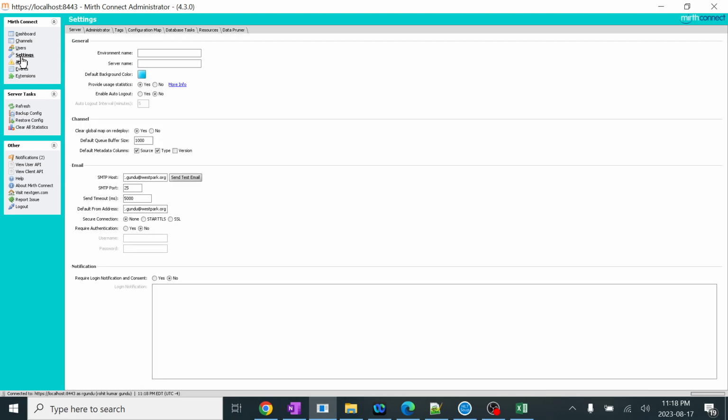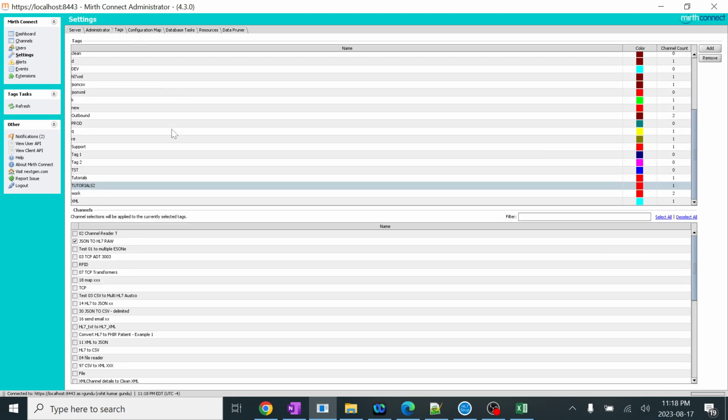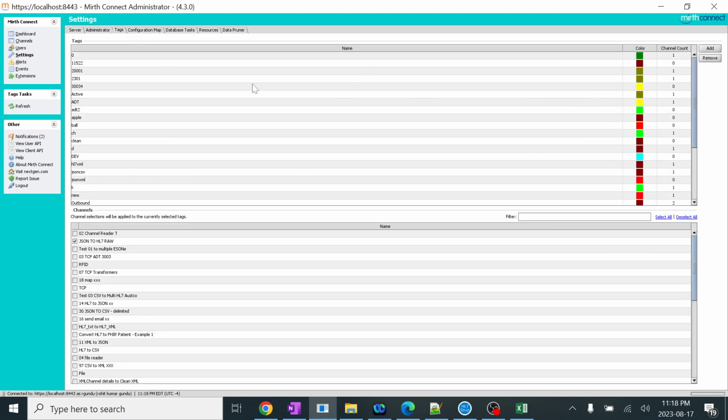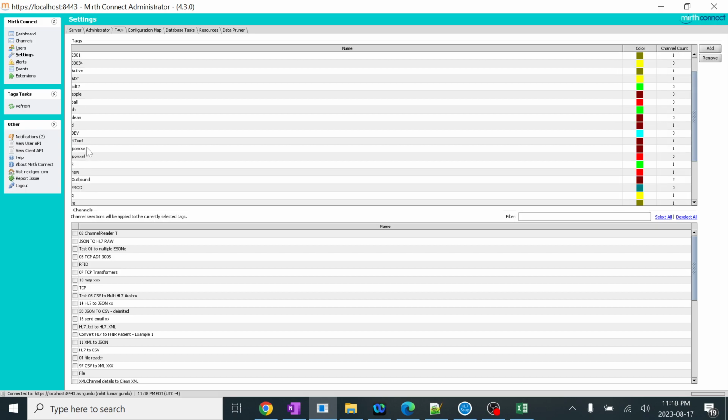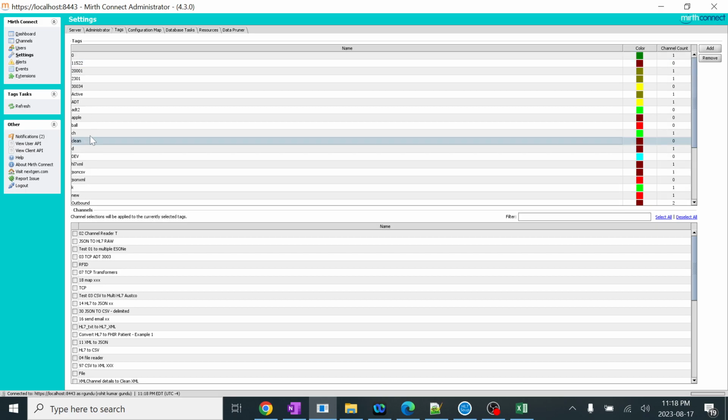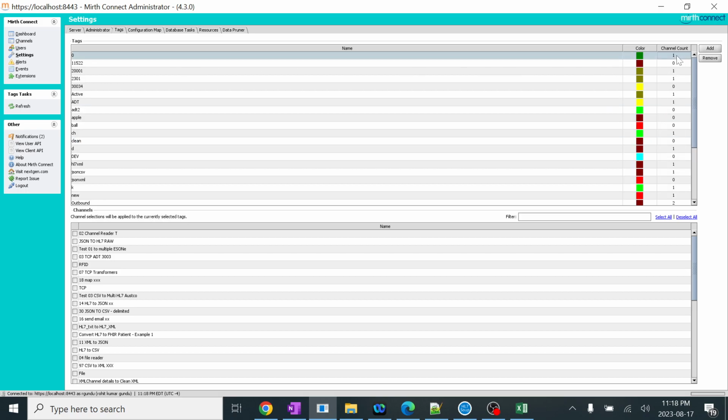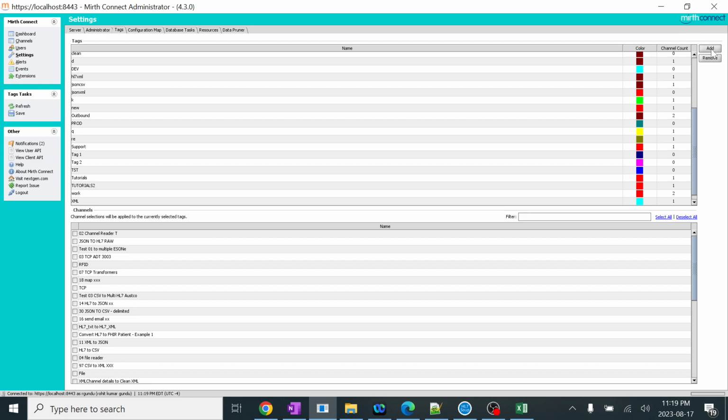We'll go to settings. Inside settings we have tags. So here you can see all the color codings which have been enabled to this particular tag. 0 is a tag, 11522 is a tag, each and everything is a tag. Here you can see clean is a tag which has not been assigned to any channel. So you can see each and every tag has been assigned to a channel, and it has a count. For example, what I'll do, I want to assign a new tag known as